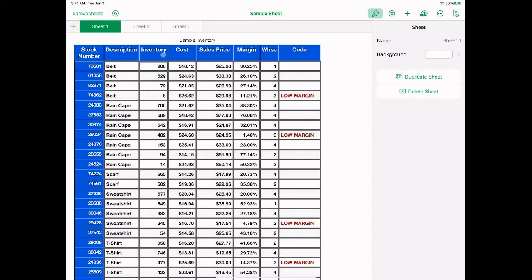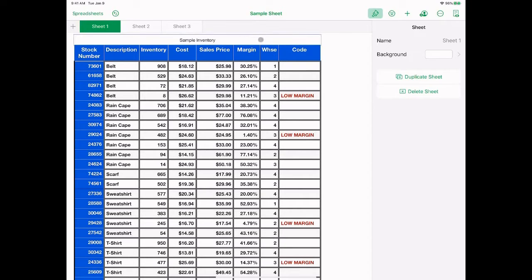Now what we're going to do after we review this briefly is go through and show you how this table might be constructed and how you have tremendous options to customize it to things that you would like to see. So this starts out, if you follow this little ball here, with the stock number, then the description, the amount of inventory that they have, the cost, which is whatever it costs to buy that, the selling price, whatever selling price they came up with, and the margin. And the margin becomes a calculated figure, and I'm going to show you how the calculation is input so that Numbers will do this